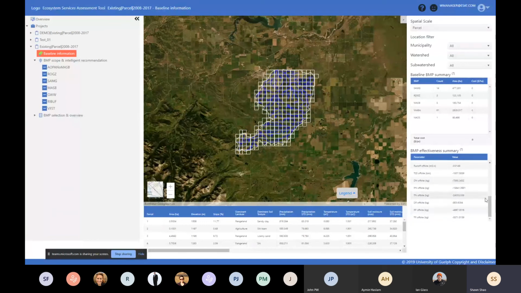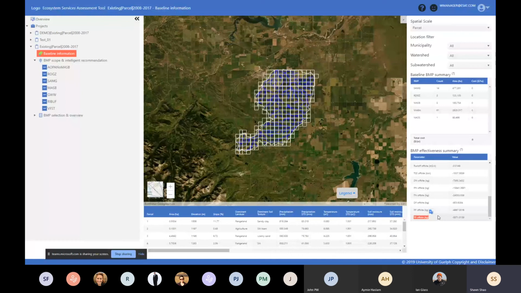Because you apply BMPs, you don't get only one or two ecosystem services. Actually, you get a lot of different BMP effectiveness. This table summarizes the effectiveness of all the existing BMPs. We have the on-site effectiveness, for example, this TN on-site. That means with all these existing BMPs, we have reduced about 12,000 kilograms of TN on-site at the edge of field every year. And at the bottom of this one, we have the offset, which is the benefit at the watershed